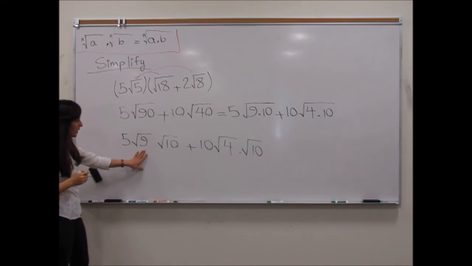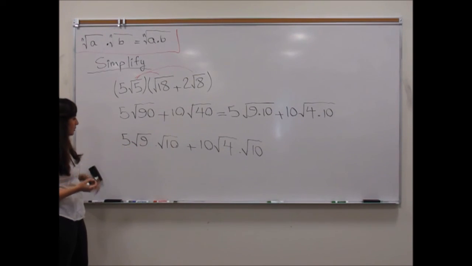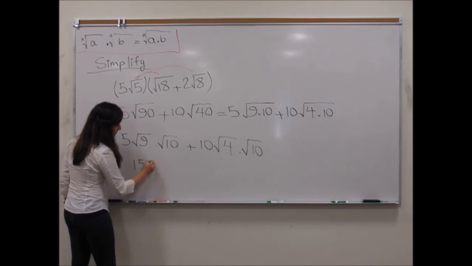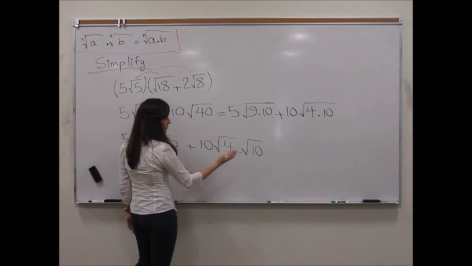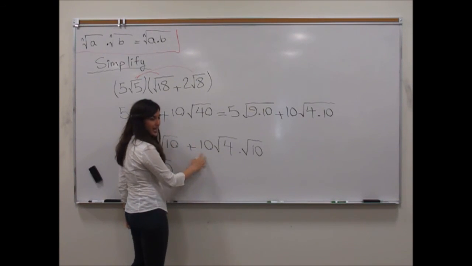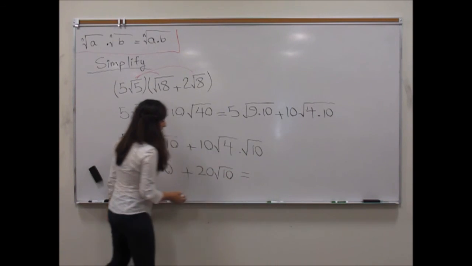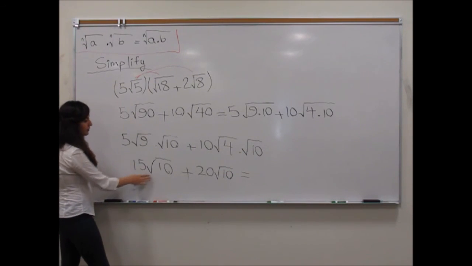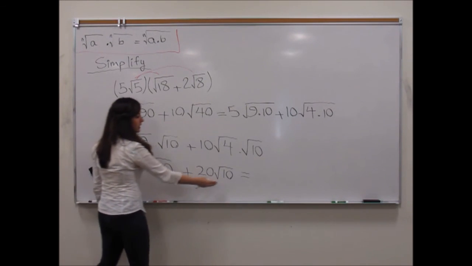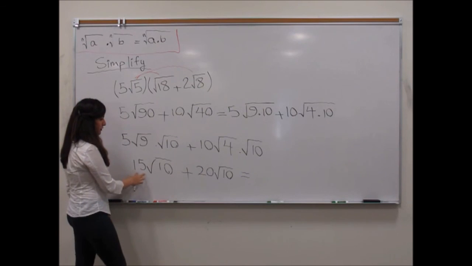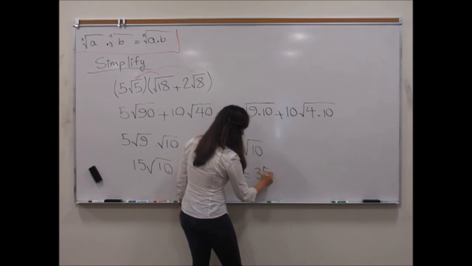And here 3 leaves the radical. Rad 9 is 3. 3 times 5 is 15. 15 rad 10 plus, for rad 4, 2 leaves the radical. 2 times 10 is 20. So 20 rad 10. And then notice that we have like terms here. We're going to add them. I have 15 of something plus 20 of that something. So that gives me 15 plus 20, 35 of that something. So 35 rad